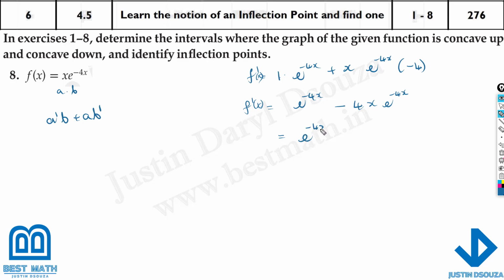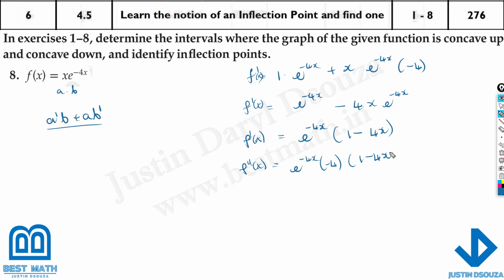So e to the power minus 4x. So what is remaining? 1 minus 4x is remaining. Okay, this is also a little bit complicated now, I realize. Now we have to double derive it, and it's going to be product rule again. So first time when we derive this, it's going to be e to the minus 4x times minus 4